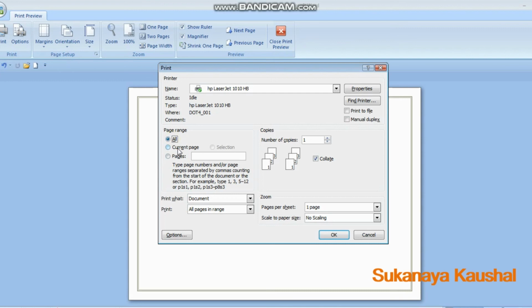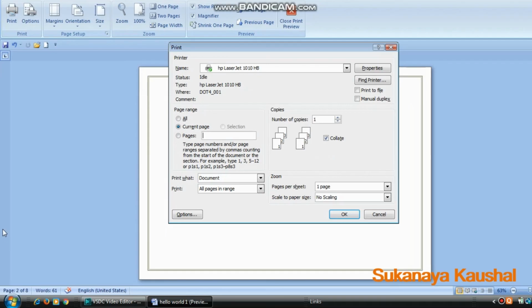All the pages, or your current page, the page you are currently in, or page number 2, page number 3. It is going to print that current page.